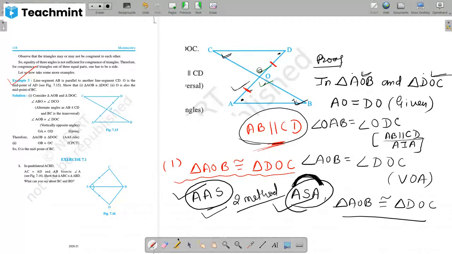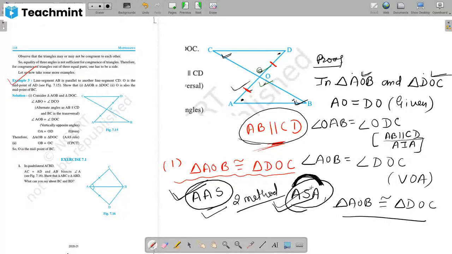Did you understand? Okay, see, try to understand this angle side angle and angle angle side. Actually both are the same. Two angles of a triangle are equal to the corresponding two angles of another triangle. In a triangle we have only three angles. So if two angles are equal, then the third one will automatically be equal. Okay, that is the reason. So every time if you are using this criteria, angle side angle, you can also use angle angle side in all the questions. So now it's up to you whether you want to use this one or that.